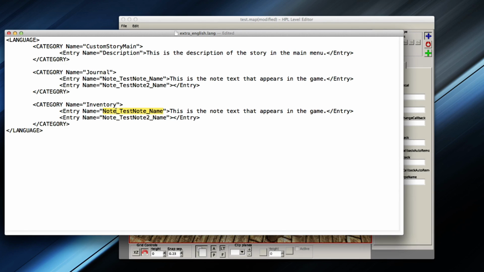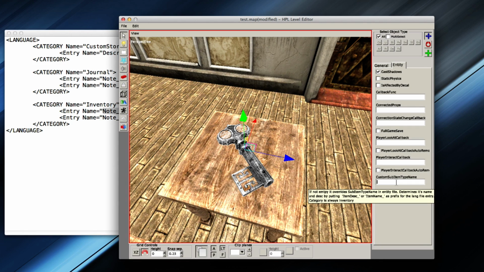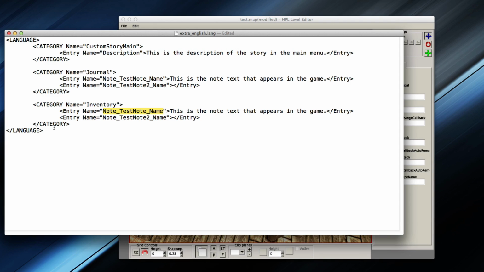But it's not going to be named note underscore or anything like that. It's going to be named as it says right here, item name underscore. So item name underscore, remember the capitals. And the other one is item desk underscore. Now these are going to be in all the item entries. This is not part of the name, just like the note. You wanted to put what is actually the name after the underscore. So I'm going to call it test item. Test item. Remember to put the same on both of them, or else they won't really know what to link.